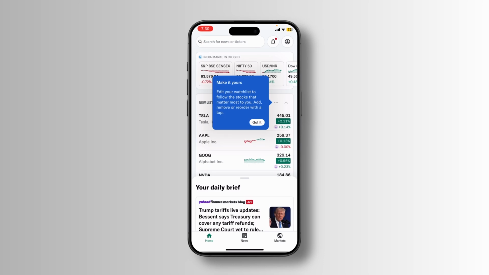Now you can explore stocks, track markets and stay updated with the latest financial news. It's optional, but if you want to personalize your experience, you can just tap on the sign in and log in with your Yahoo account. And that's it, you have successfully downloaded the Yahoo Finance app and are ready to start tracking your favorite stock